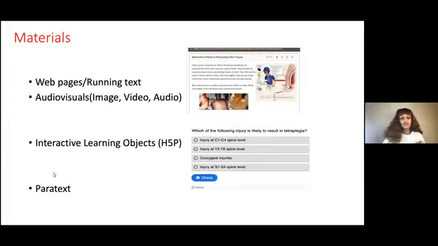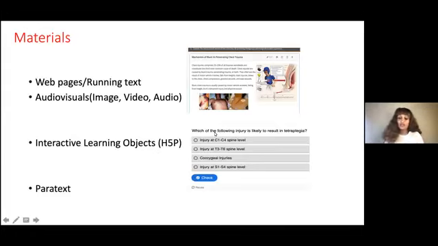And the most important part is we use interactive learning objects. Those are very important material for preparing those courses, because those are the best way of making the course interactive with the students. Through preparing those objects, we can communicate with our students, and it's the best way to approach them, because those objects on the H5P framework give a response for every user's input.